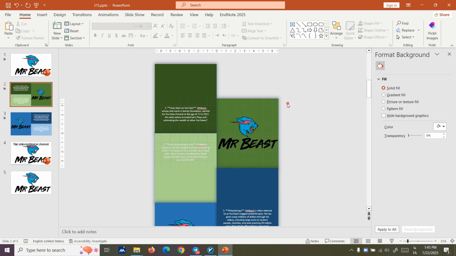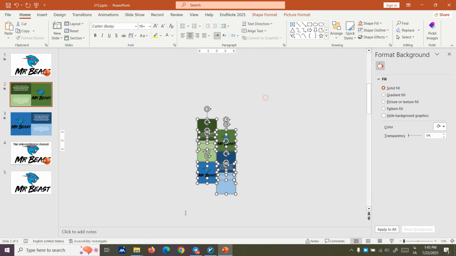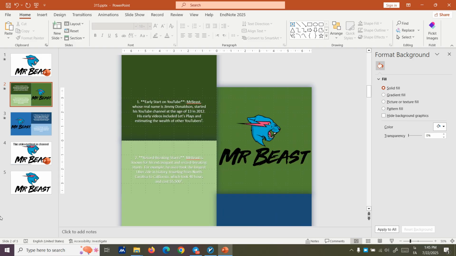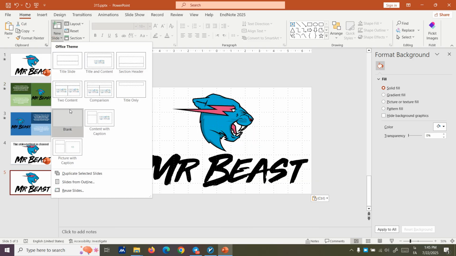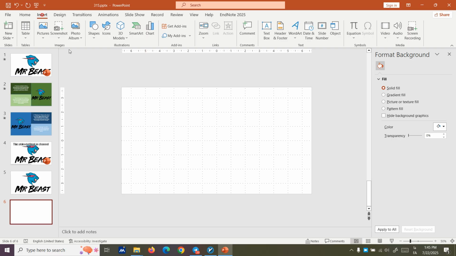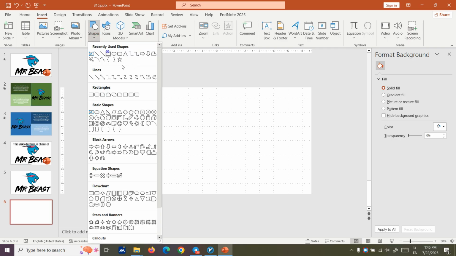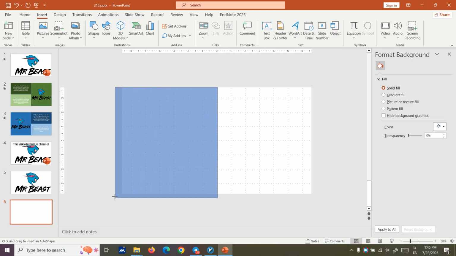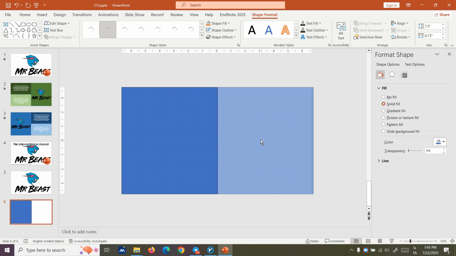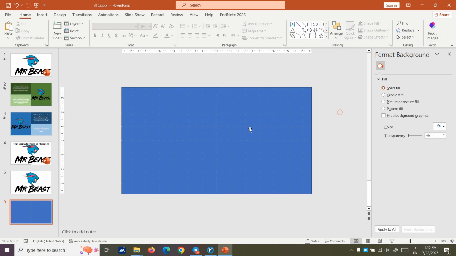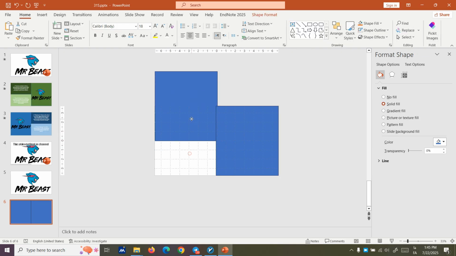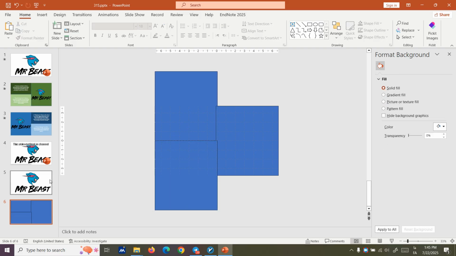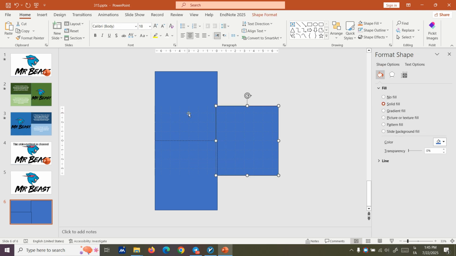Okay, after that, we need to create this effect. These things are just simply some rectangles, but I'm going to tell you how to align them. Okay, the first important thing is that the size of all the rectangles is equal to half of the picture. Now we create them and align them like this, in the middle. This way, we create our rectangles,